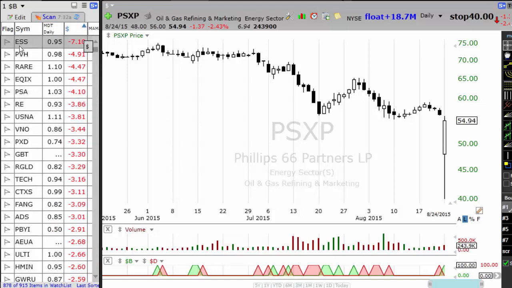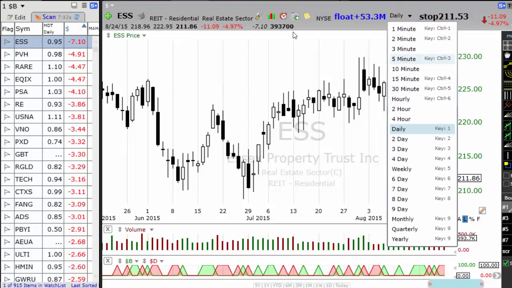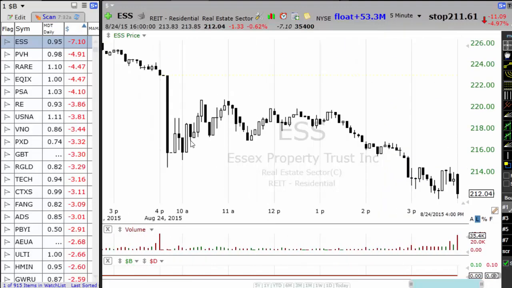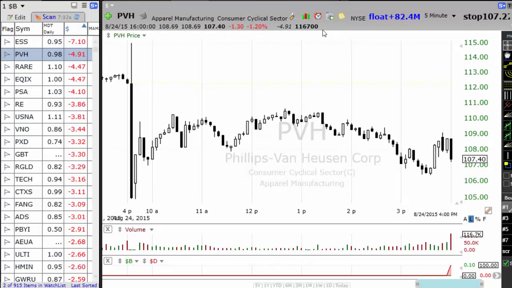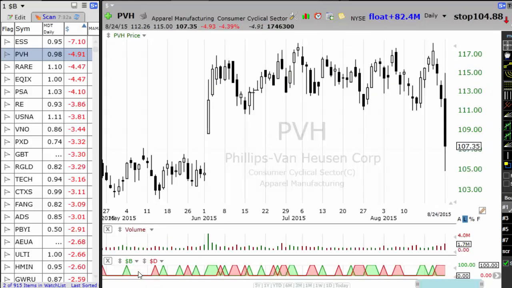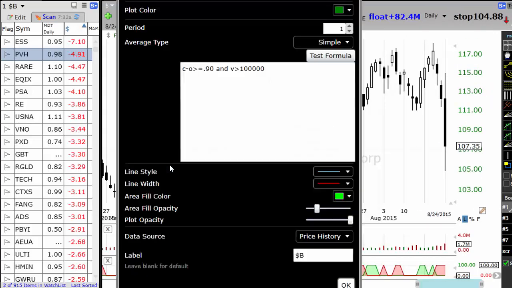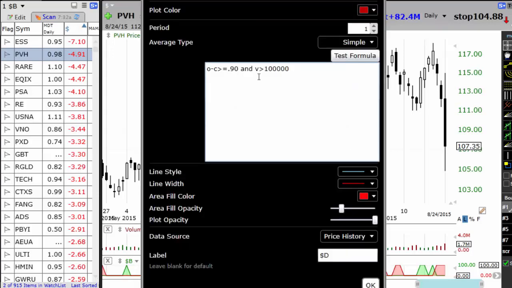And you have stocks which are down also, like if you look at a stock which is down here, it will work the same way. After some time it breaks down, so it works both ways basically, is what you can figure out. So this is a very useful tool, and you can add this here, which is C minus O, which is a separate scan basically, and for the downside you can add this, which is O minus C is less than 0.90,